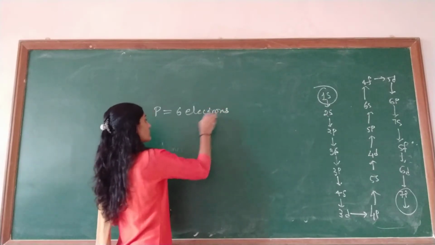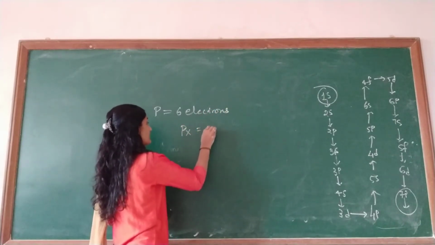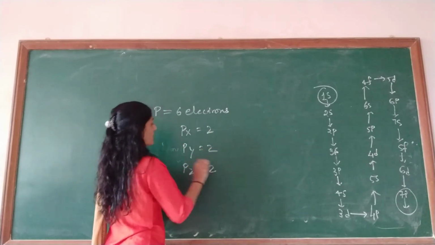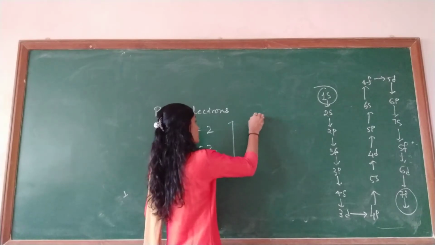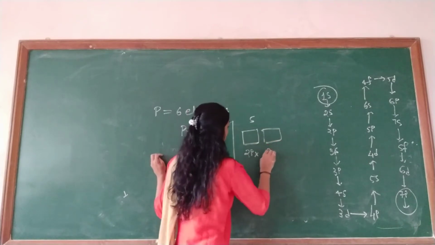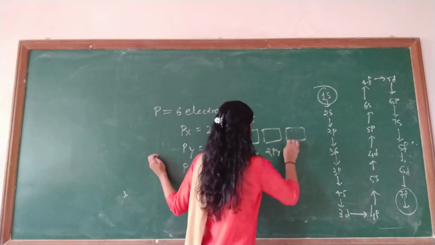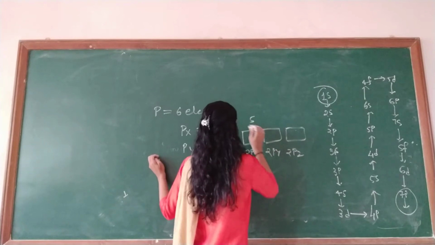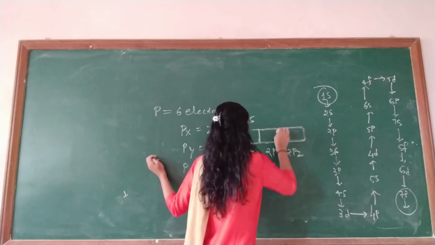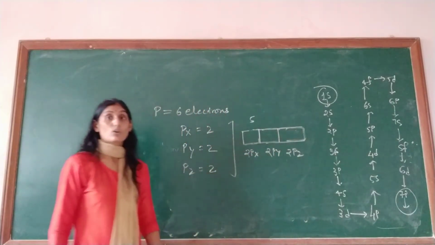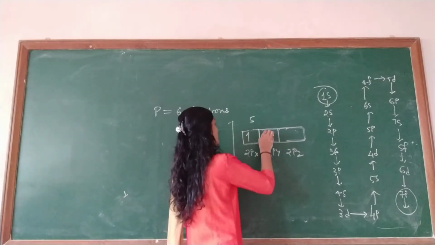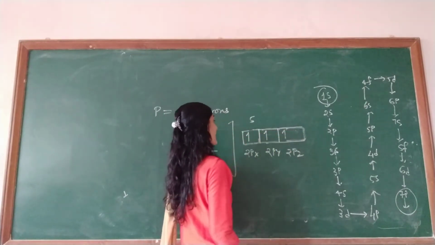Because each of the suborbitals px, py and pz contains 2 electrons. Now if I have to accommodate 5 electrons here, this is the 2px orbital, that is the 2py orbital and this is the 2pz orbital. But whenever we write a p orbital, there are suborbitals. So the electrons are accommodated in such a manner that each orbital contains one electron in the same spin, and then the remaining.